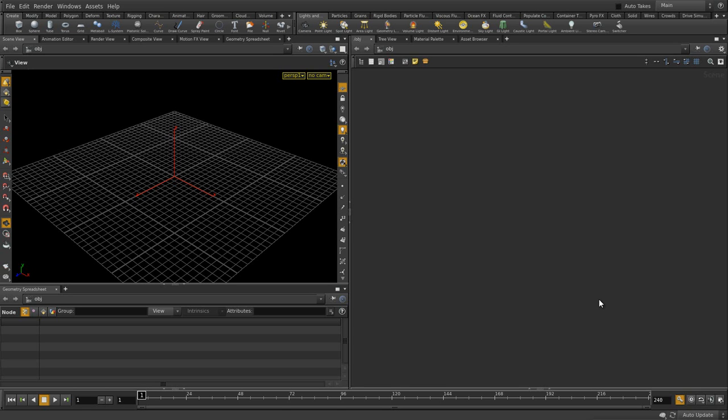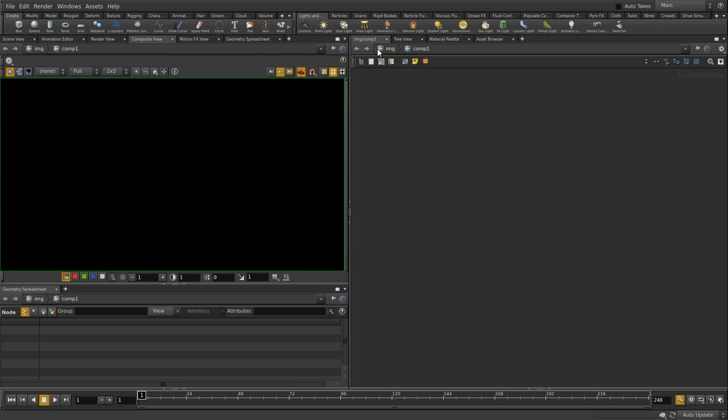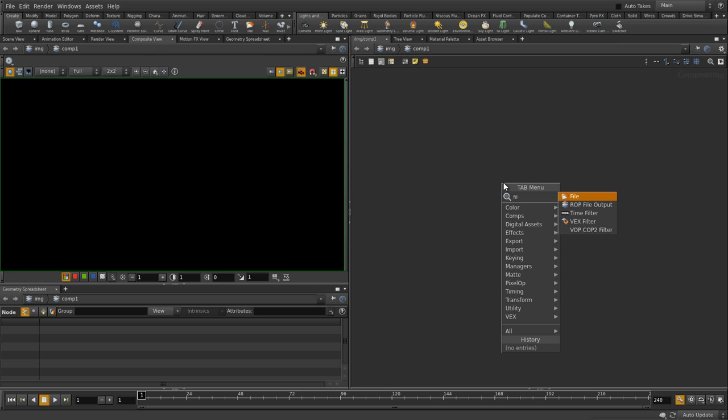Okay, so let's get started. First thing what we're going to do is change to composite view and set this to image compositing. I'm right over here already in the network. So first thing that we want to add is a file. So press tab, add file,